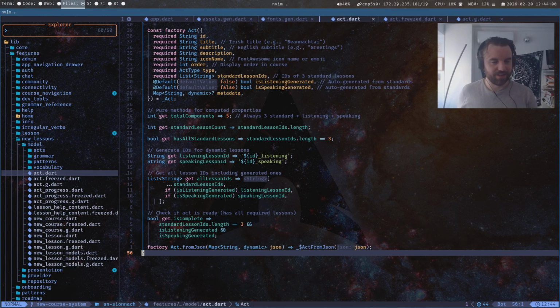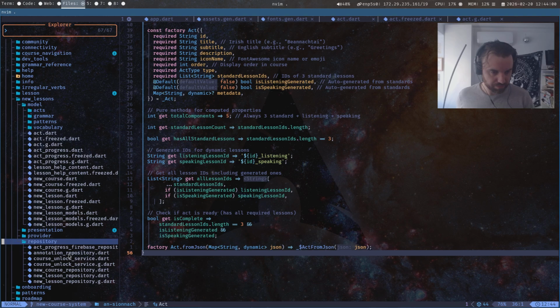This is the shape, and then we have the repository, and the repository is the boundary of the app, input and output. It's at the edge, and the idea is that in here we put all of the logic for anything outside of the app. So if we're talking to Firebase or a server or something else, we do it here.